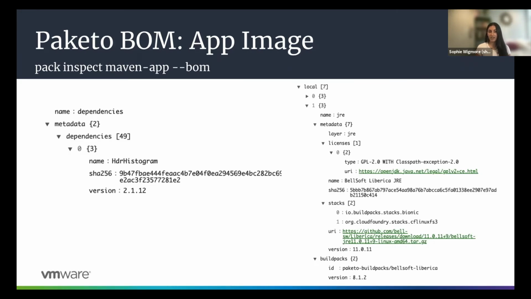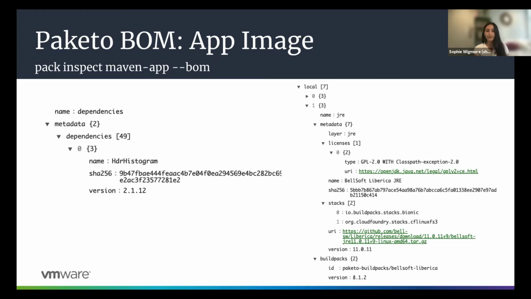And as Forrest said, Pack is a CLI that allows you to build containers using Buildpacks. So we generate our bill of materials using Pack by running the pack inspect BOM command on the same Maven app image that we used in that Syft example. The bill of materials is already natively a part of your container image created by Pack. So we have the added benefit of having no associated generation time when you are retrieving the bill of materials